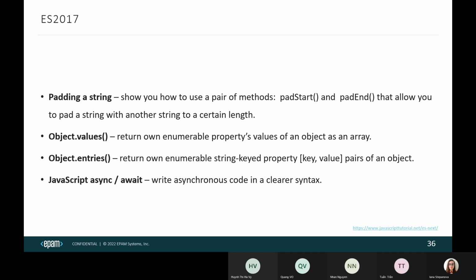We have const names, which is equal to an object, and then we have, for example, me and friend. So if we have such an object, and then on this object we run the Object.values method,